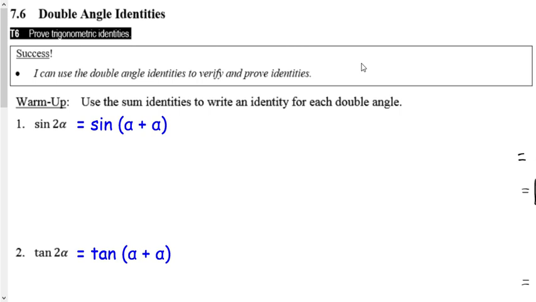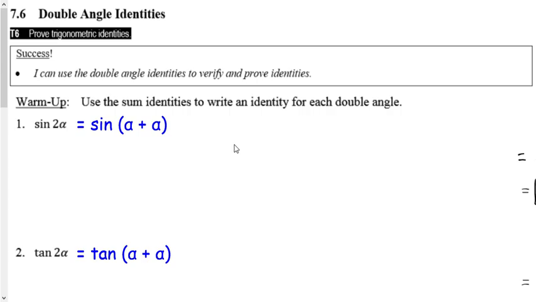Welcome to the last lesson in Chapter 7. Here we're looking at double angle identities. And to see the connection between double angle identities and the sum identities, I would like you to work through